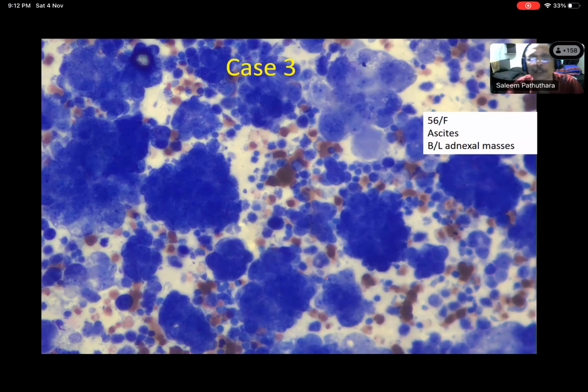Now this is the same area at high power. Can you tell me the morphology? Are they in clusters or single? There are clusters, and there are single cells as well. You can see something here. Sir, it is a malignant ball-like structure. But inside that ball you can see some peculiar thing. This is a psammoma body, psammomatous calcification. So there are large, big clusters, but the details are not very clear.